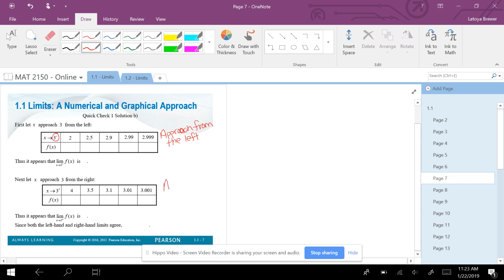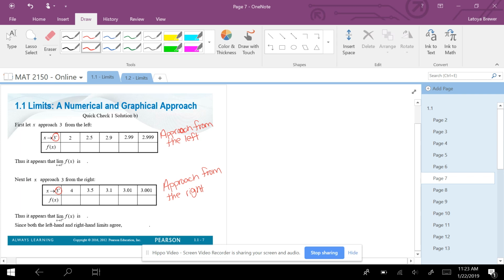And then down here in this table, we are going to approach from the right. And how do I know that? Those little symbols. That little plus there tells me I'm going to approach 3 from the right. That minus tells me I'm going to approach from the left. Guys, this PowerPoint already kind of gave away my values here. But when I'm approaching from the left,